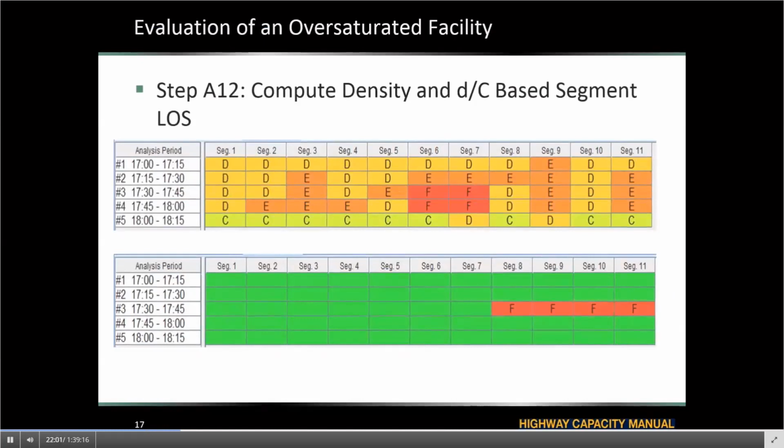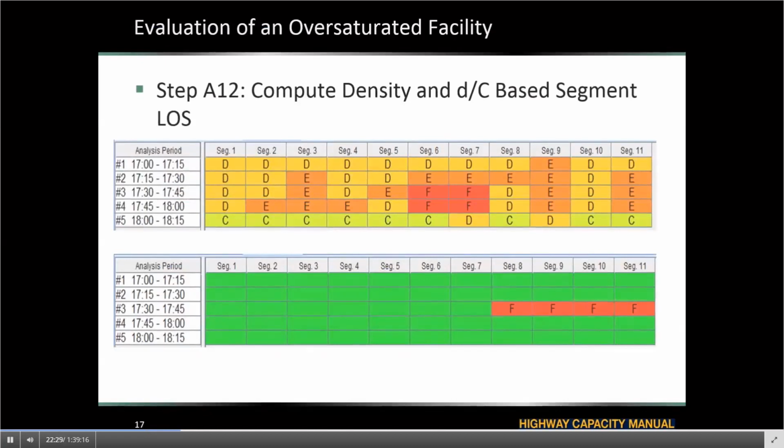But the method not only gives you the existing performance that you would see from your sensors or from your simulation, but it also flags bottlenecks that are downstream of the one that's active. So in other words, hidden bottlenecks. And therefore, the method results in a key diagnostic tool that you can use to not only improve current congestion, the observed bottleneck in segment 8, but also recognize that really to solve this particular facility and to improve it,